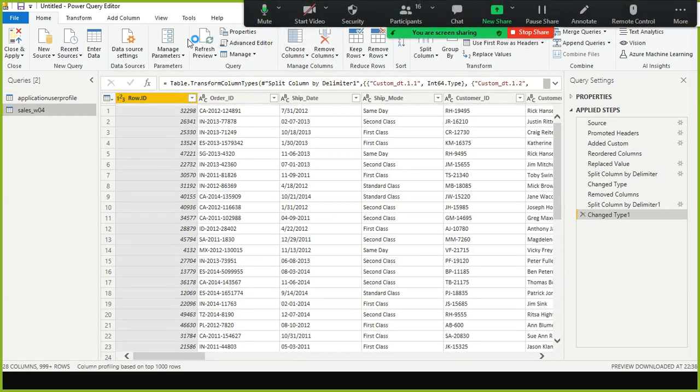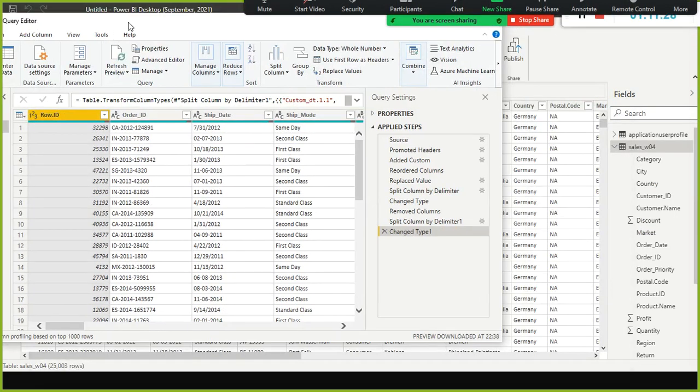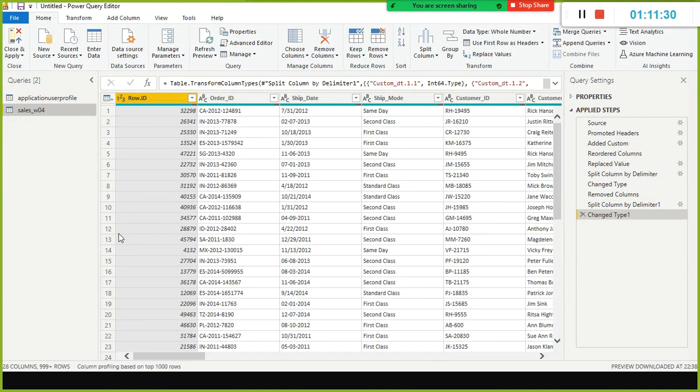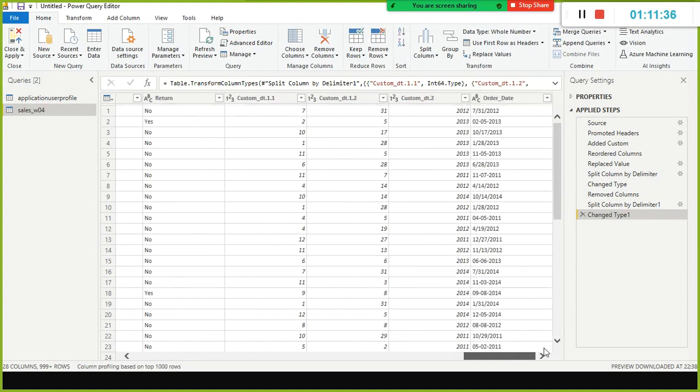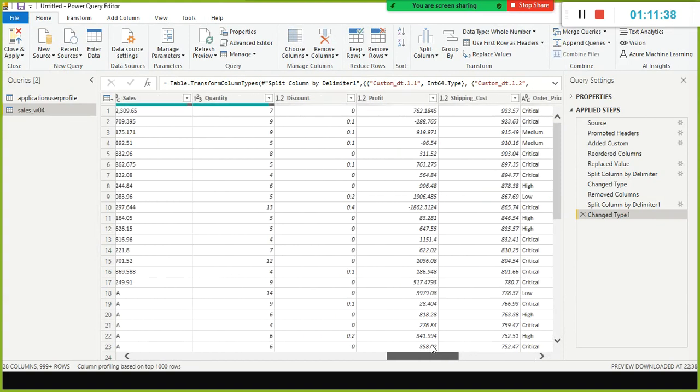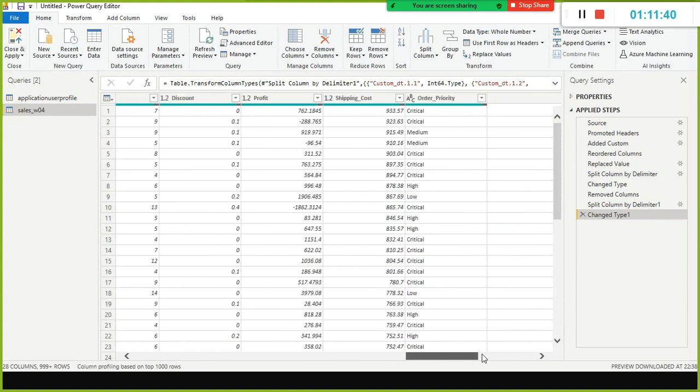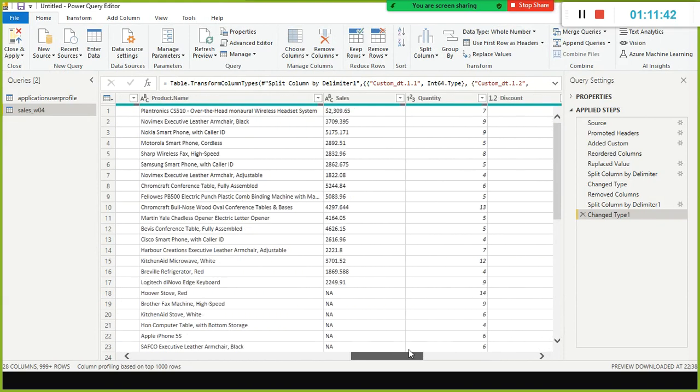How to check the data type, how to change the data type, how to replace the existing value with the new value. For example, I'm going to check here. Look here, I'm just scrolling. It's Excel only. If you want to go to the extreme right, just scroll on the right side, scroll on the left side, and you see NA is there, missing values are there.